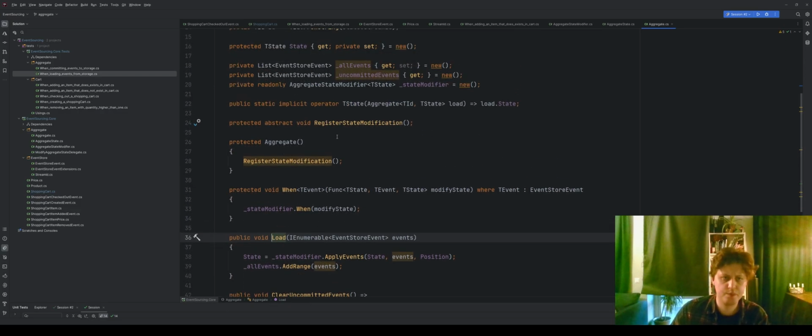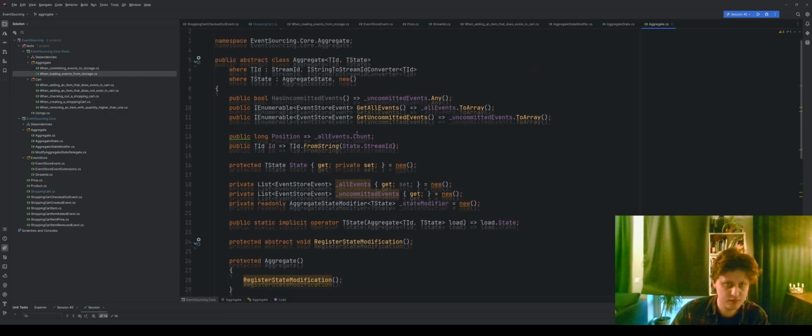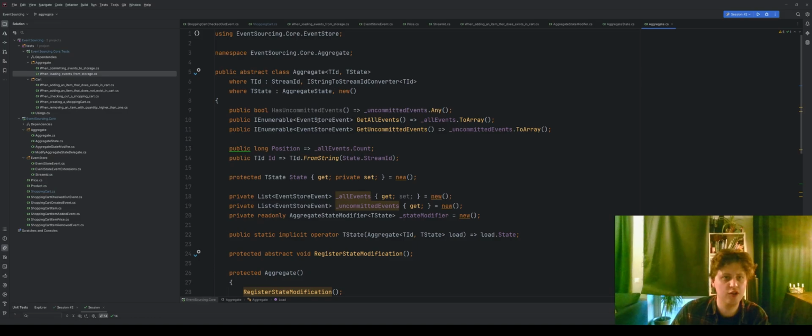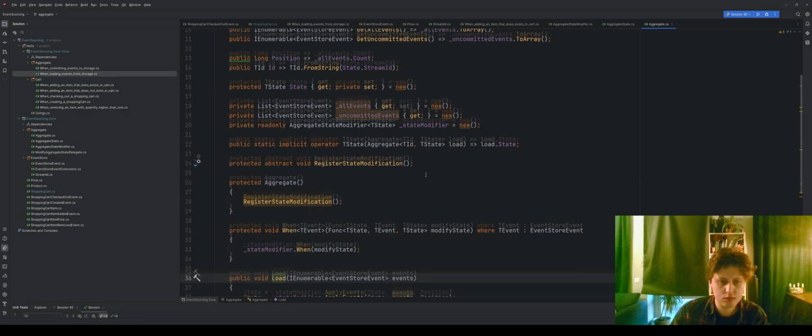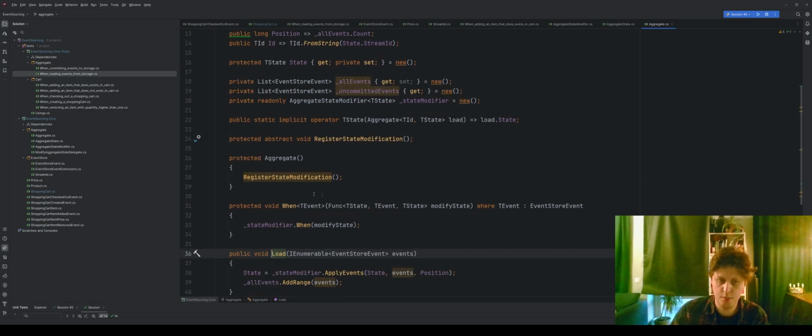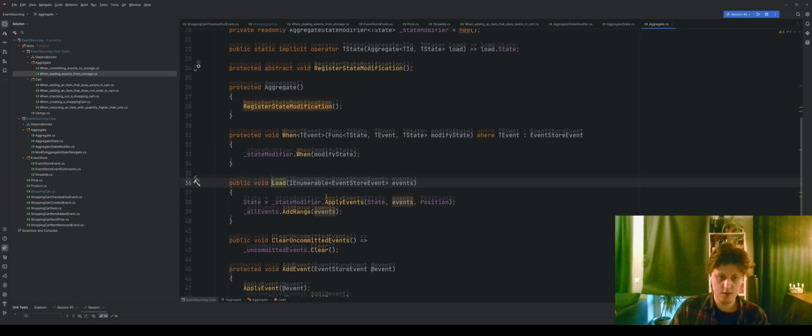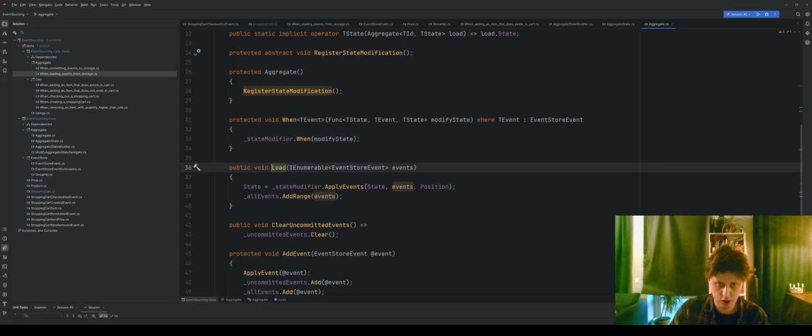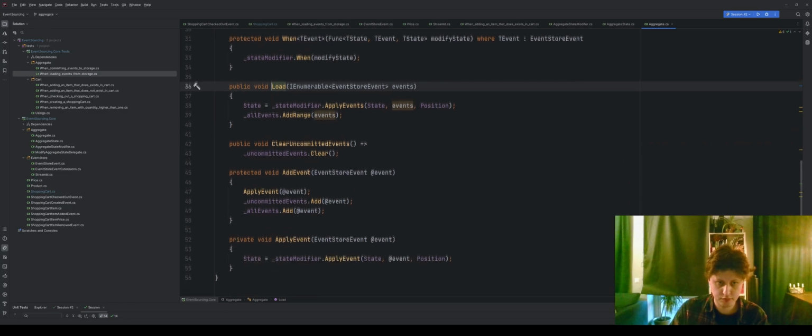Yes, if we look at this base class, it's pretty simple. It's just the things that we had before moved into this base class. So we have all the events, we have the uncommitted events. Here's the state modification method that we looked at with all the when methods. It gets called in the constructor, so whenever you create a new object, it registers all the state modifications, and here is the method that is called for registering all of the state modifications. The load, when you load the event store, you load events from storage, and the add event,